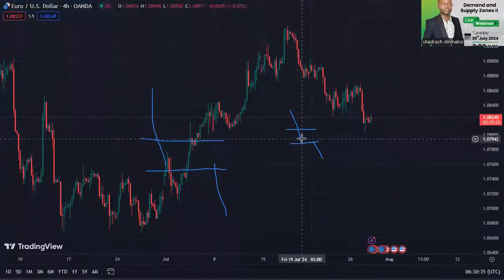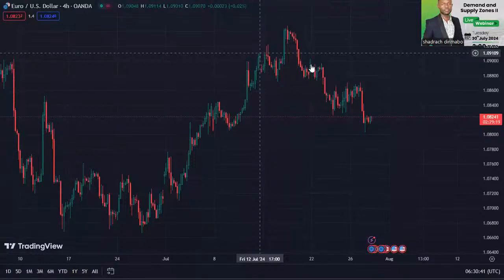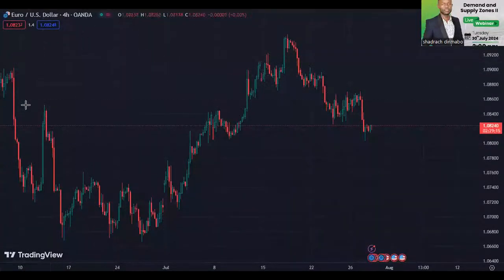So we have it in EUR/USD. After that, we can conclude. You can see drop-base-drop. Very clean, very clear, very easy. We have the drop, the base, and then the drop. Perfect. Can you see that? The supply